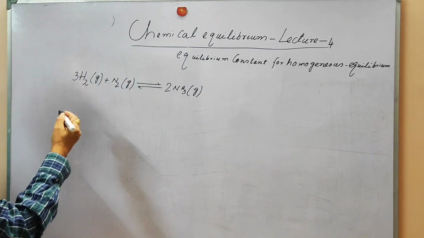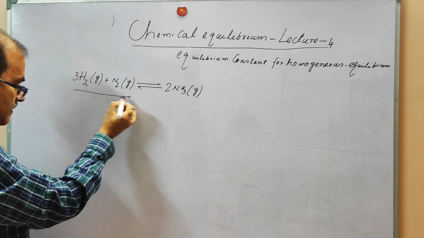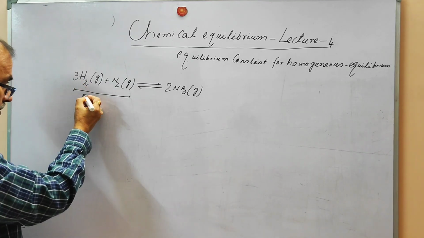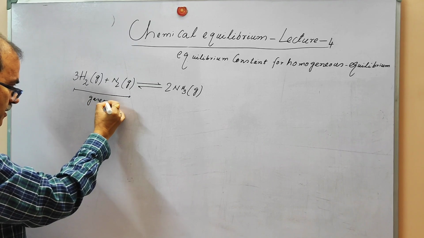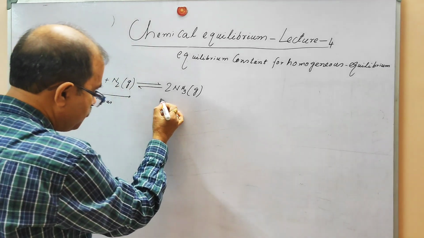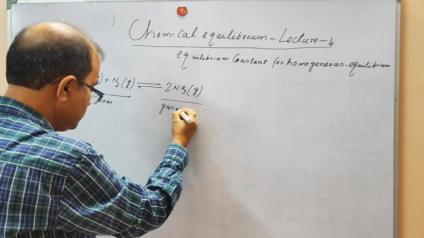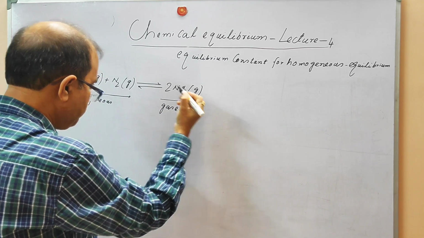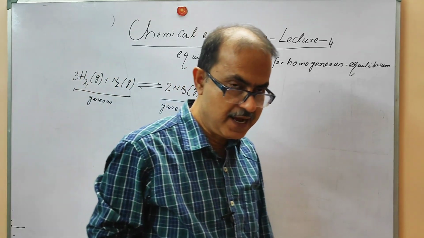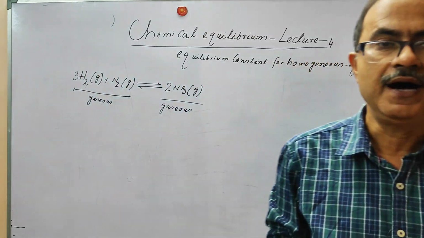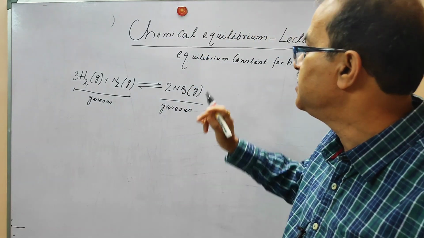In this reaction, you can easily observe that the reactants hydrogen and nitrogen are in the gaseous state, and its product ammonia is also in the gaseous state. So in this reaction, both the reactant and product are in the gaseous state, and the equilibrium achieved for those reactions